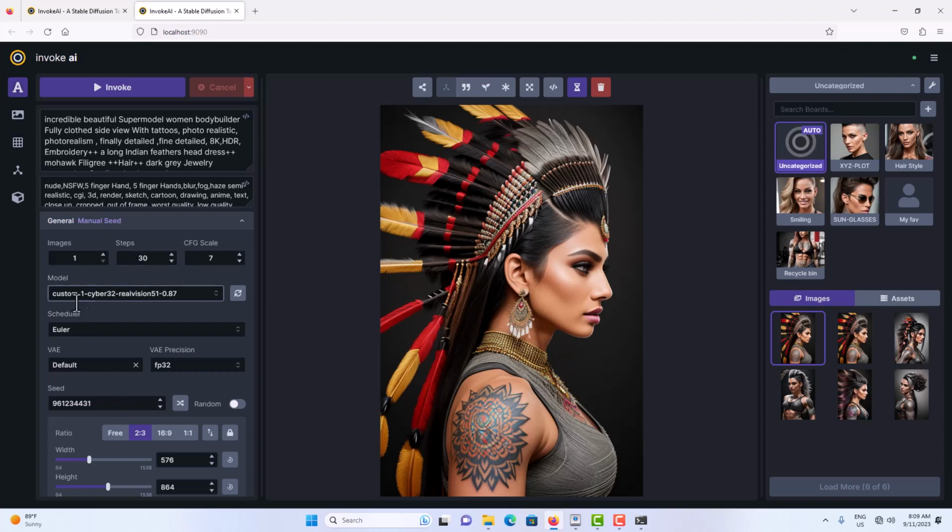Now keep in mind, anytime that you switch something, you got to be careful, because if you change a scheduler, it might render super slow. Now the one I got it set at, it runs really fast. So if I'm doing all my images, I may just leave the scheduler where it's at. Then I know I got perfect settings. So if I delete this one here,